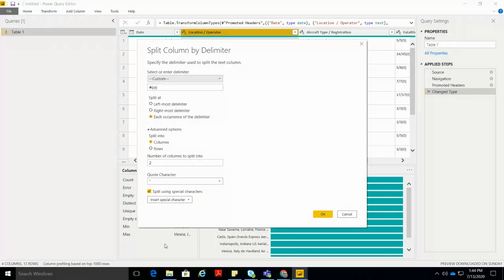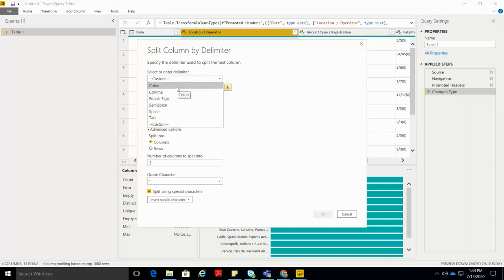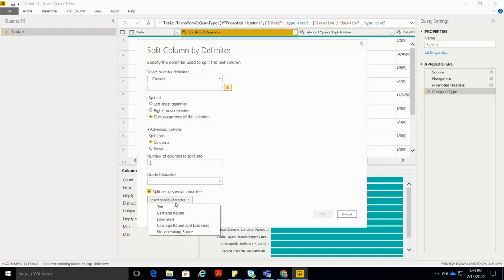Wow, it's very intelligent. It has already taken the carriage return, but just for explanation, let me explain what it does. So here you have options for how you want to delimit the column. You have colon, comma, equal sign, semicolon, and so on. But I will go to the custom. Okay, and here I will say split using special character, and here I will say carriage return because this is what it is showing. Okay, and it will be good for my data to be split into two columns. So I say okay,